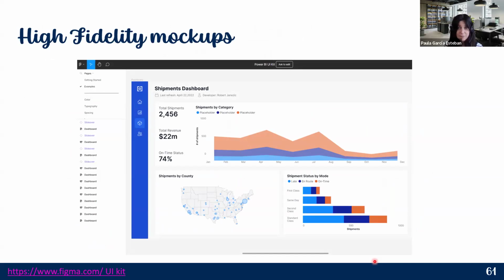We have tools like Figma that allow us to generate resources and prototypes that are very close to the final solution, very close to Power BI. But what is the problem I see in this kind of mockups? That we need to be professionals in design, and the learning curve of tools like Figma can be hard,